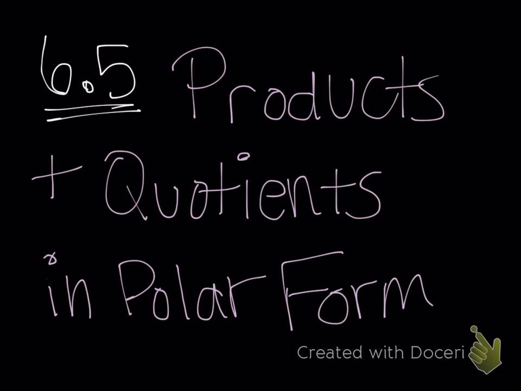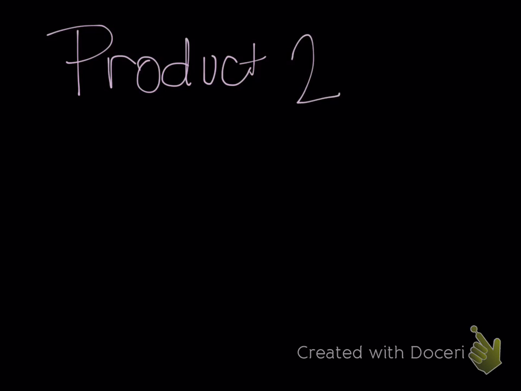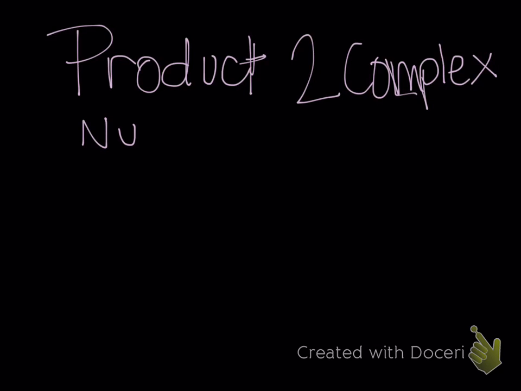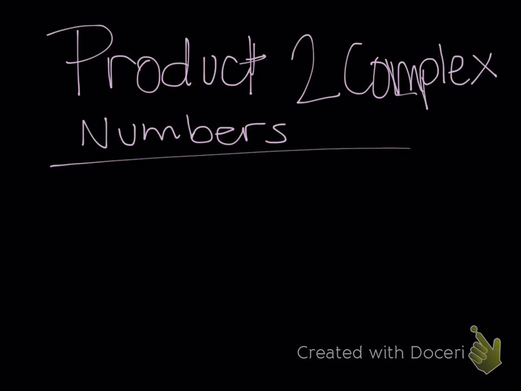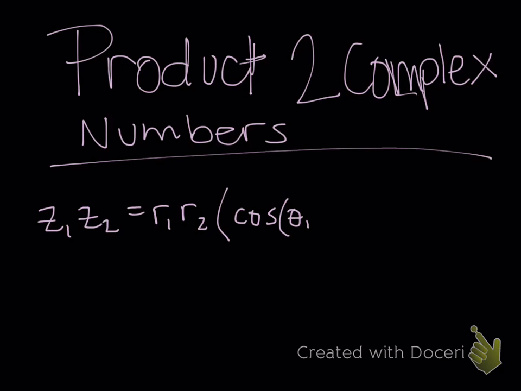Today we're doing section 6.5, and this is the product and quotients of polar forms. So to find the product of two complex numbers, we take these two z values, so z1 times z2, you multiply the two radii together, and then you simply add your angles together. So theta 1 plus theta 2,